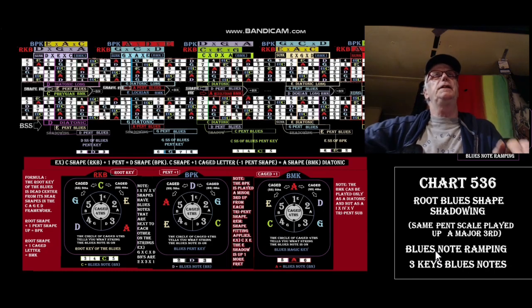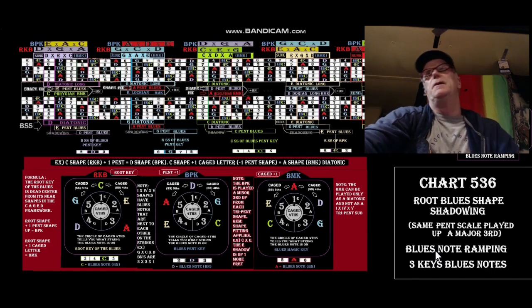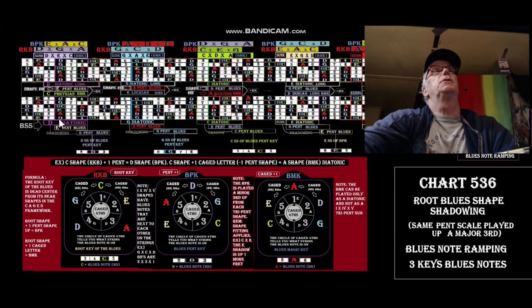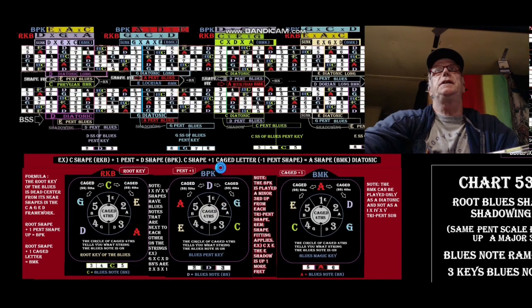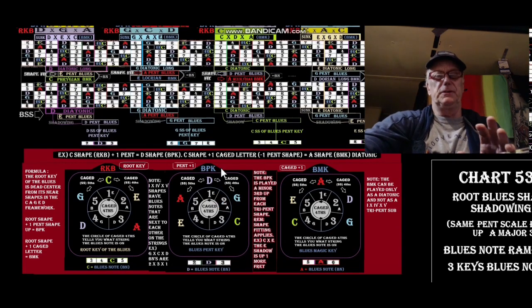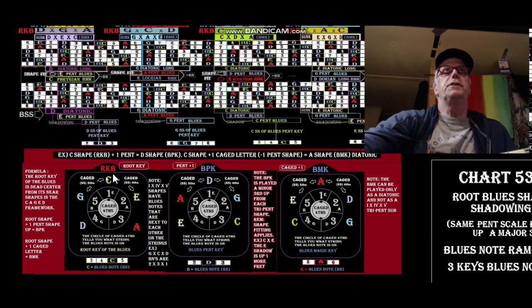A really easy way to play the blues pent key. But it's still the blues pent key, and we're going to first learn how to play it. And then we have where's the blues note, and I have these 3 charts. They're related just the way the three keys are related. The root key of the blues,